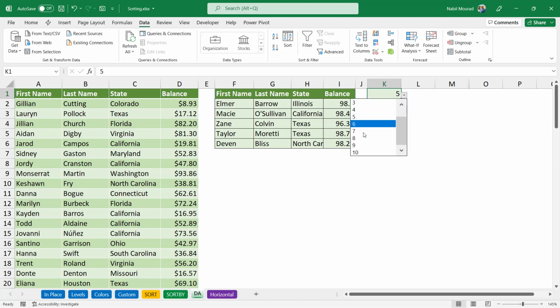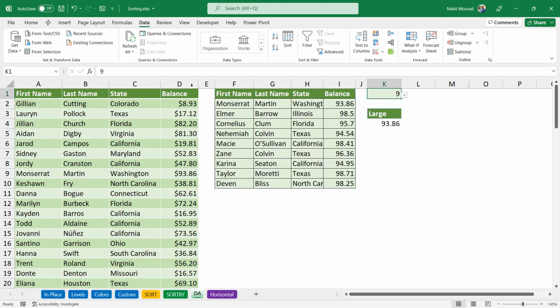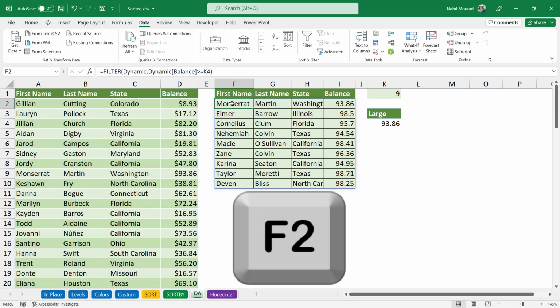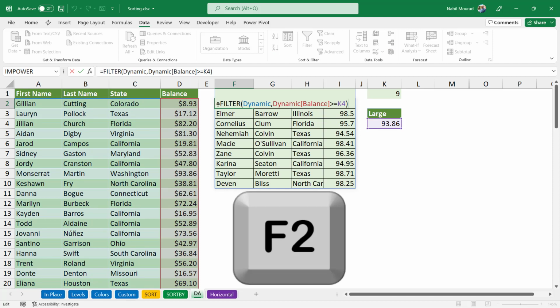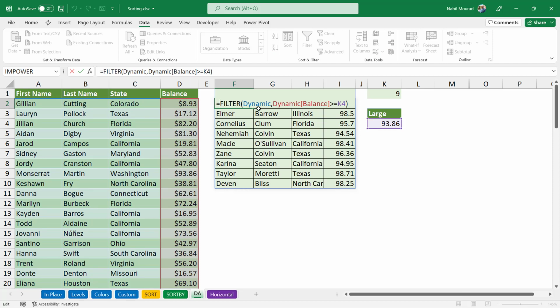I'm going to add more records. Let's make it 9 this time. And then I select the cell where I created my function, because I created it in one single cell and it spills to the adjacent cells. I put my function in the edit mode by hitting F2 and I'm going to wrap my filter function in